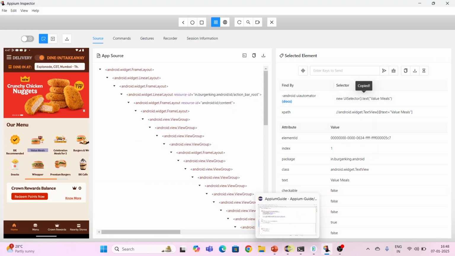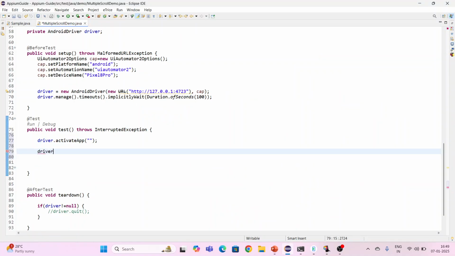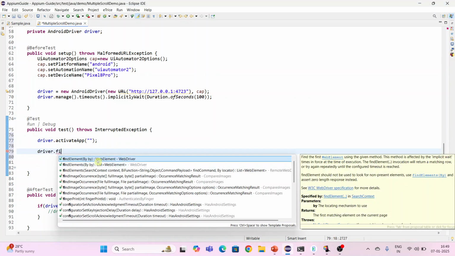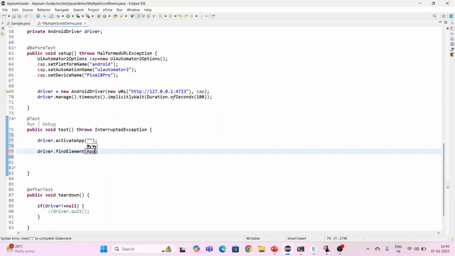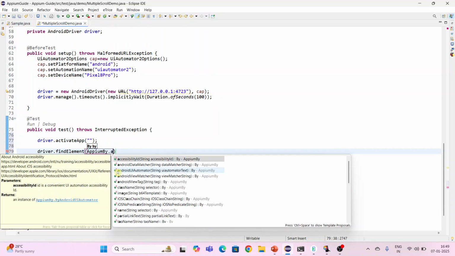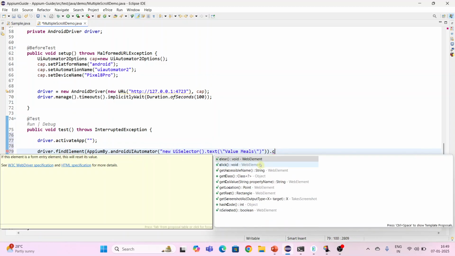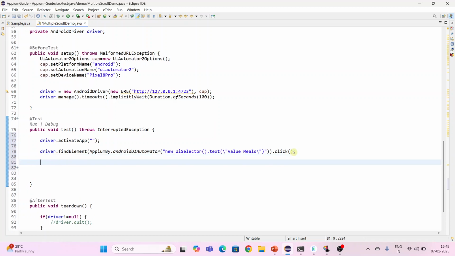Okay, just copy here and go here and just driver.findElement(AppiumBy.androidUIAutomator) here. So give the value here. Okay, and I need to click on that one. Okay, once I click on this one, this is the screen,